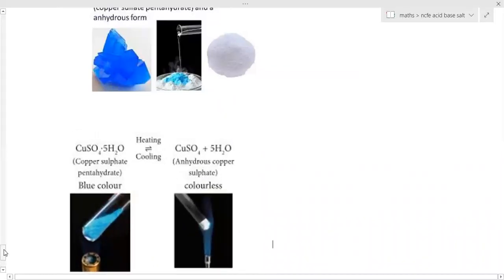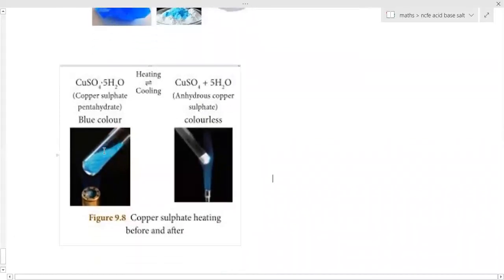So you can see here, we have started heating the blue copper sulfate crystals. When we start heating, the color changes to white. That happens because the water moves out. The water condenses near the mouth of the test tube, and we are able to see the water droplets. So the water came from the crystal. Inside the crystal water was present, and when we heat it, the water molecules move out and condense near the mouth of the test tube.